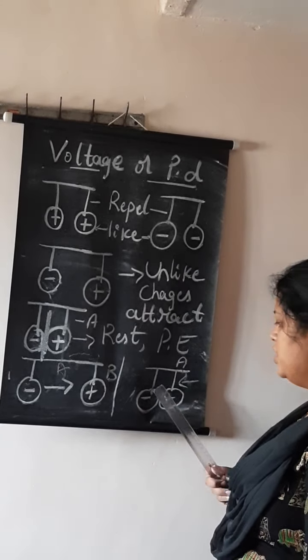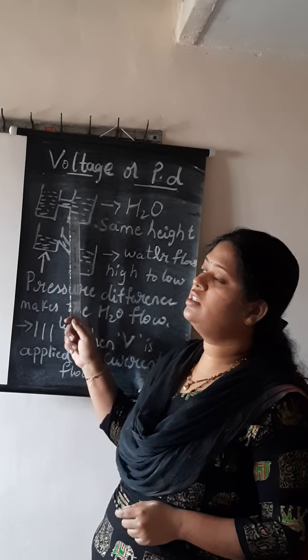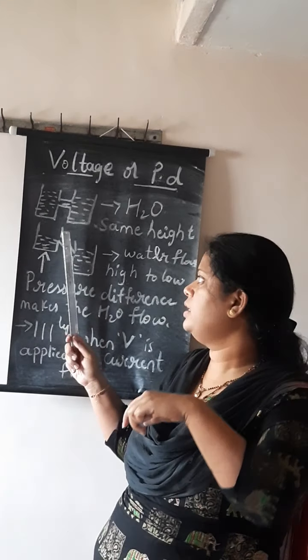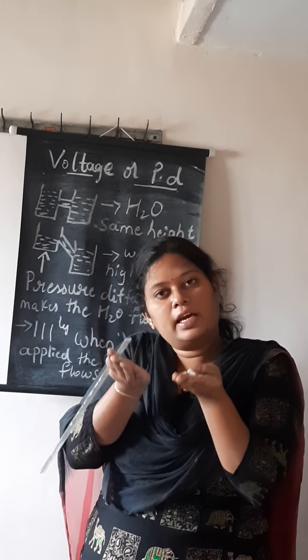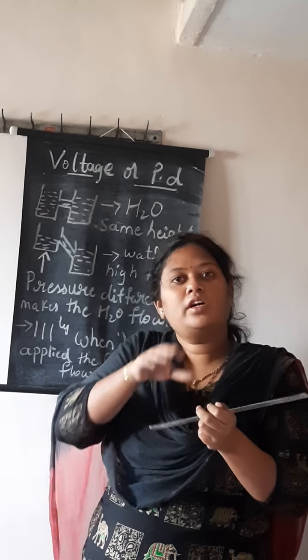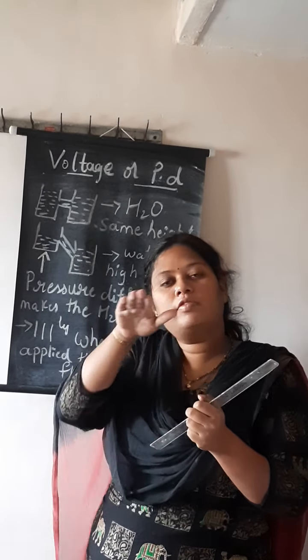Here, we have taken two beakers which consist of water. Pour water into the beakers. When the beakers are kept at the same position, the water level is the same, and water would flow from one beaker to the other unless the level of water is maintained the same between the two beakers.